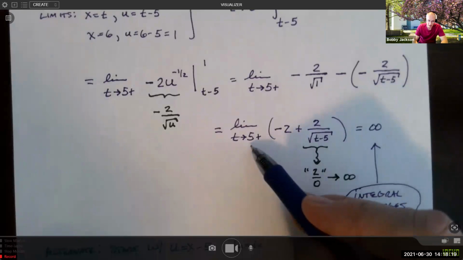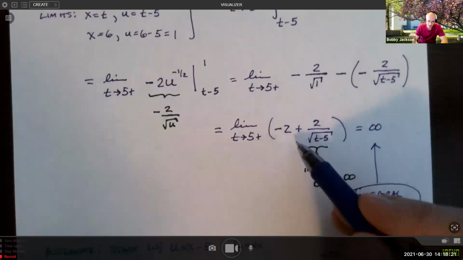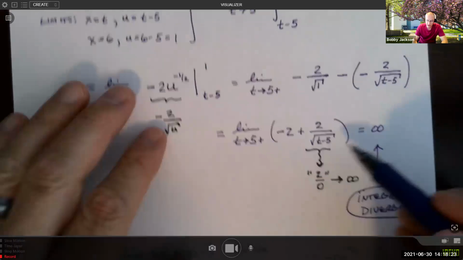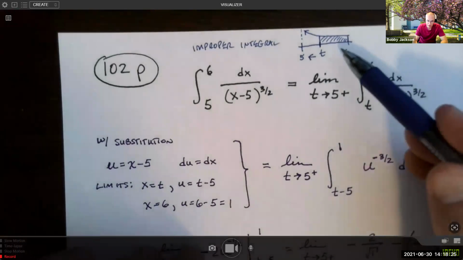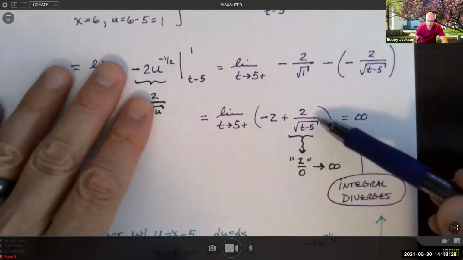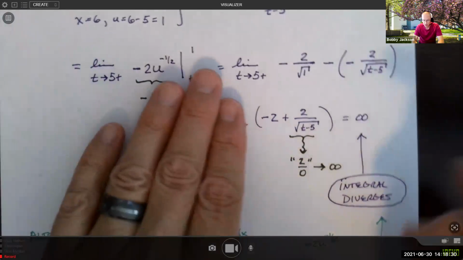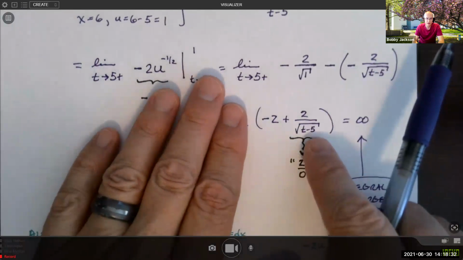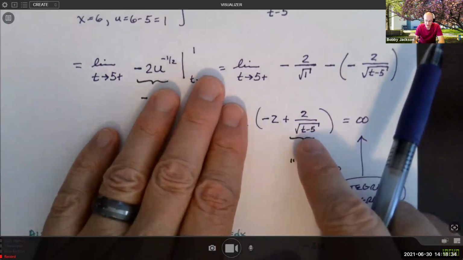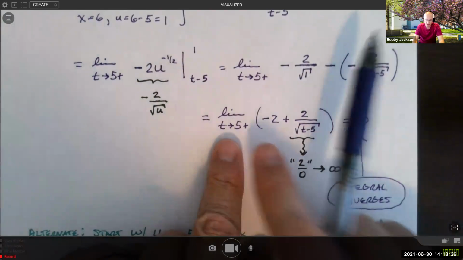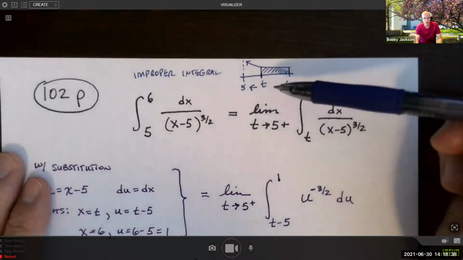Now we're ready. So this is the evaluation of that area that I shaded in, right? This area up here that I shaded in is given by this function. So if you change t, you can find the value of the areas. t is between 5 and 6, but as t gets closer and closer to 5 from the positive side, from the right, then